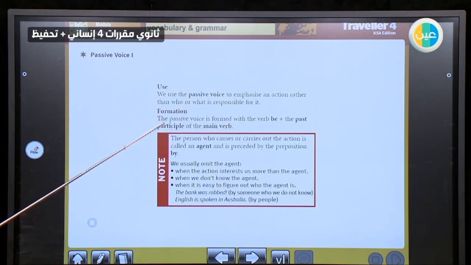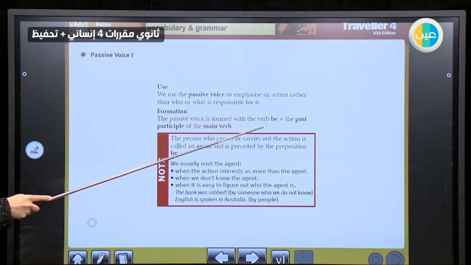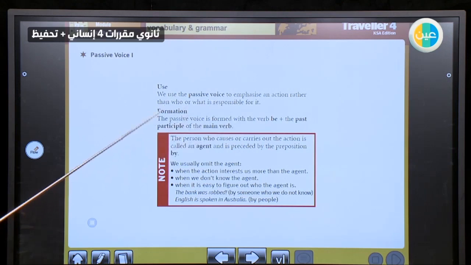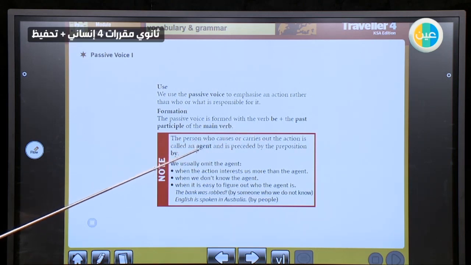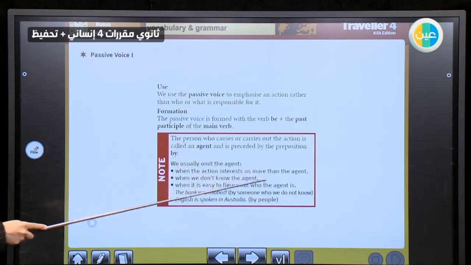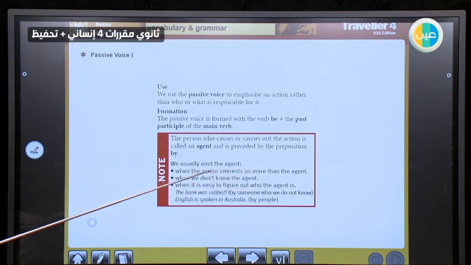Formation. The passive voice is formed with the verb be, is, am, are, plus the past participle of the main verb. We have here the important note. The person who causes or carries out the action is called an agent. We don't emphasize this agent. We usually omit it when the action interests us more than the agent,